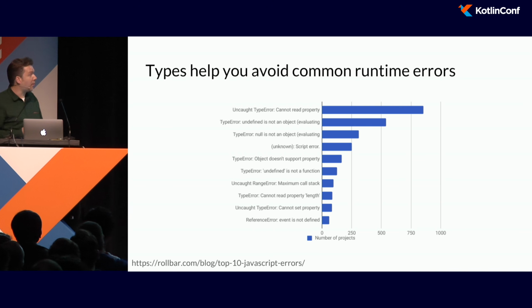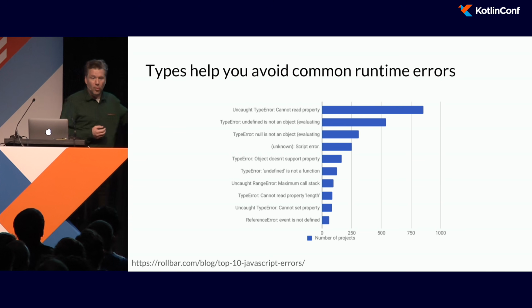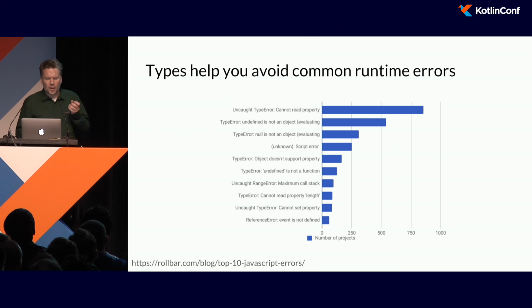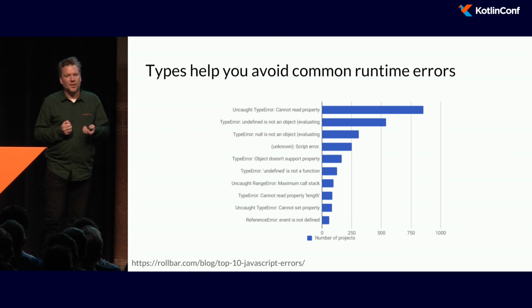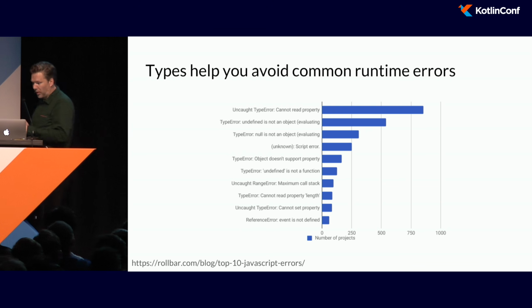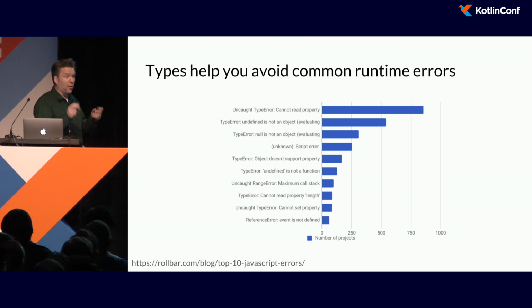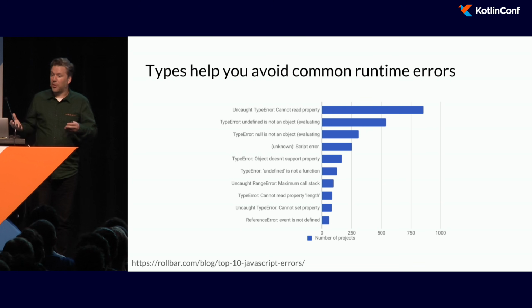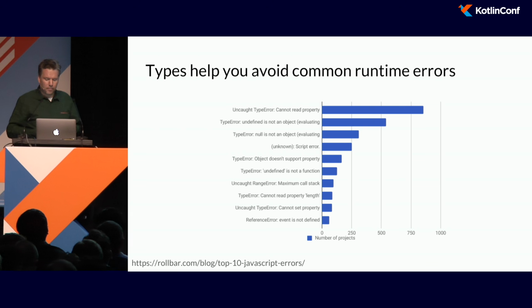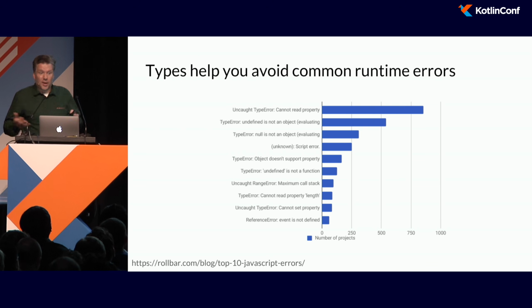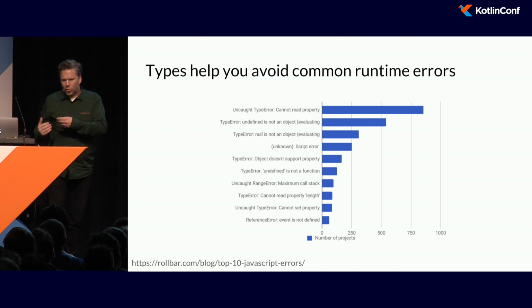And this is a real problem that does exist. This graph up here is from a blog post by Rollbar, and it shows the top 10 JavaScript errors that their system detected in browsers at runtime, and 8 of those are type errors. Right? One of them is unknown script error. I'm being charitable in assuming there are no type errors in that bucket. JavaScript is an untyped language, and so type errors can easily creep through to runtime.